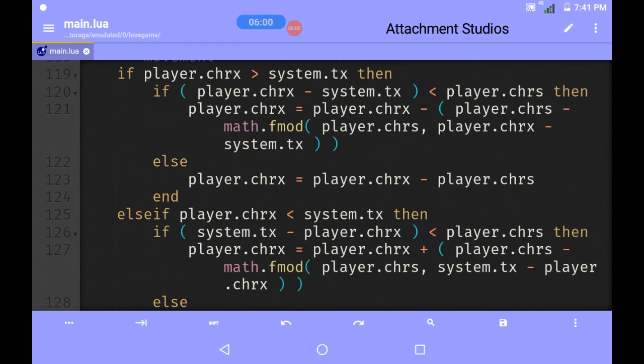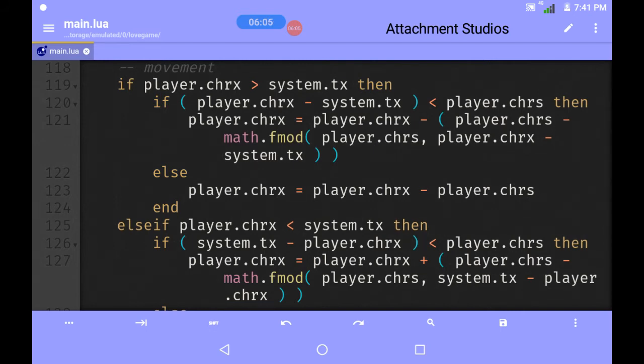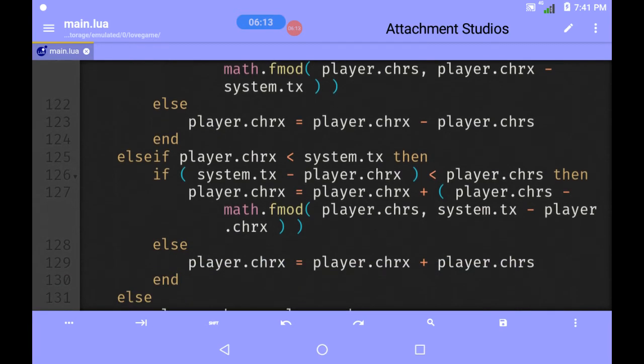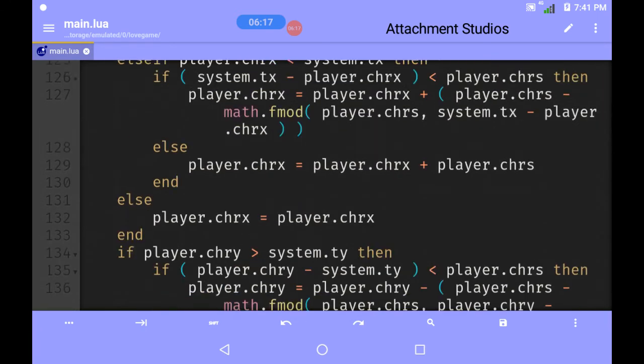Now for the player movements, I did like, if player location is, I just copied the thing, just copied it all.